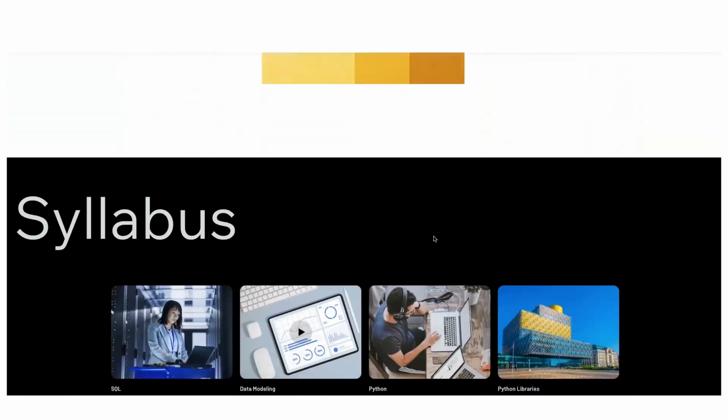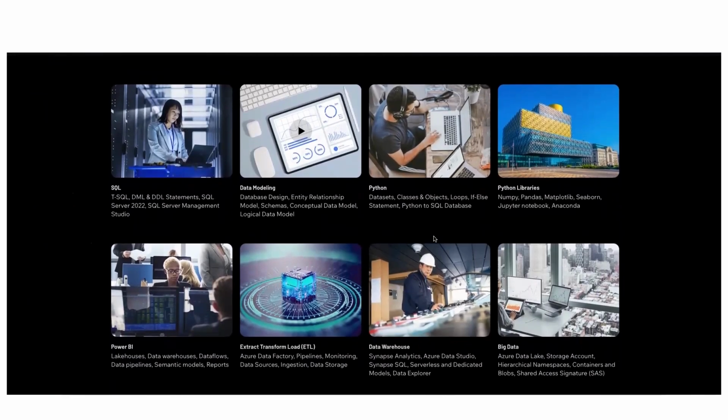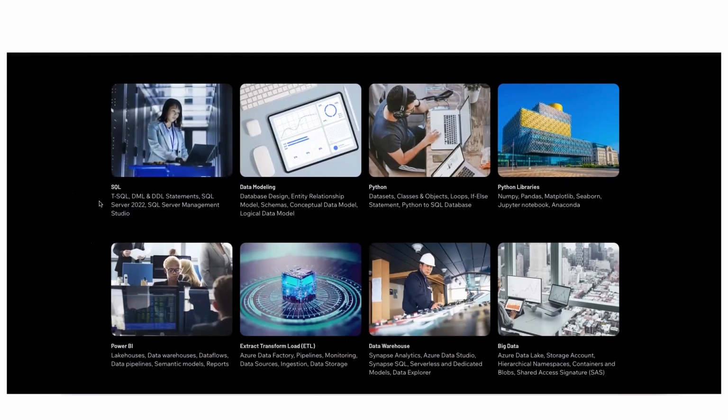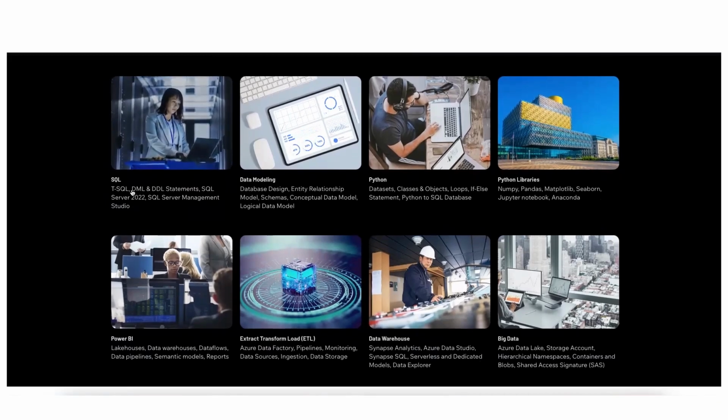As you go down, you're going to see things like our syllabus. Now, this is exactly where I was heading to, right? So the syllabus is broken down into 8 key areas. Those areas involve SQL, and with SQL, we're going to work with SQL itself. We're going to work with T-SQL, which is Transact SQL. That is Microsoft's own version of SQL. And then we're going to look at the main areas, which are the data manipulation language, data definition language. We're going to look at the server we're working with, which is a SQL server, as well as an environment to run